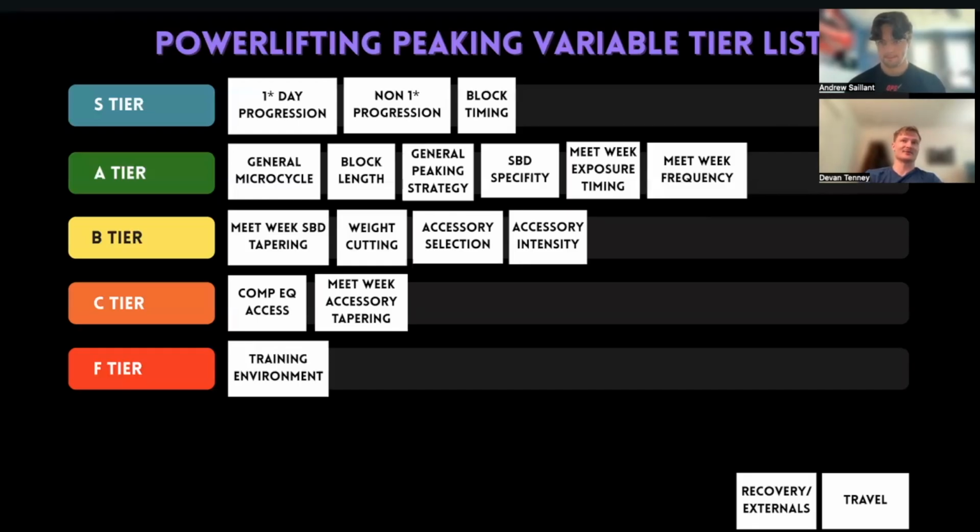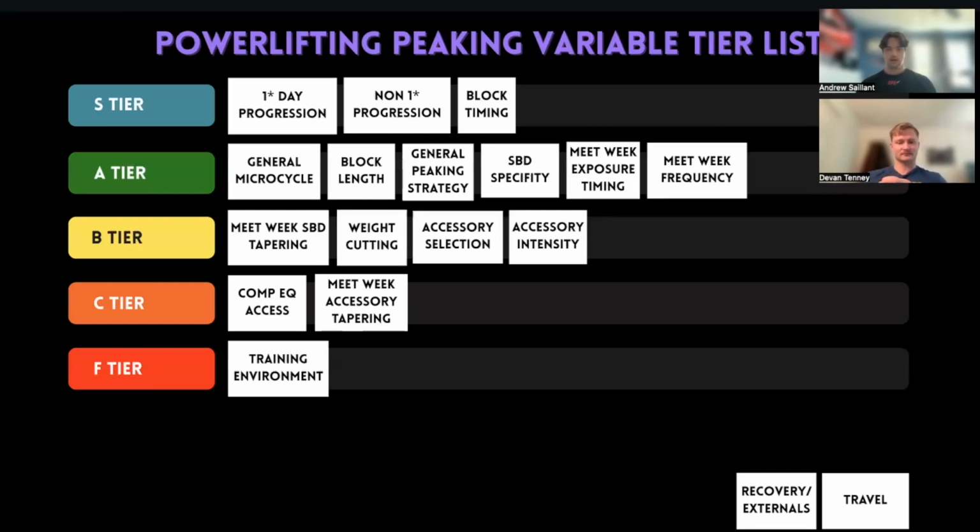However, I've seen plenty of times where someone is really stressed out during the week of the meet and everything goes out of whack. Maybe they lose sleep the night before and nothing really happens. So again, I think this also matters in terms of the longevity of how dialed they are. If someone is dialed with the external stuff for an entire macro cycle, maybe slacking off on those or having stressors be higher the week of the meet is probably not the end of the world. However, if it's for a longer period of time, it's obviously going to be larger scale. So I think this is probably going to be in the top of B, maybe even bottom of A.